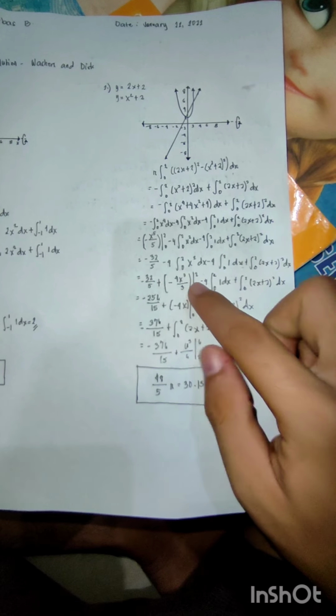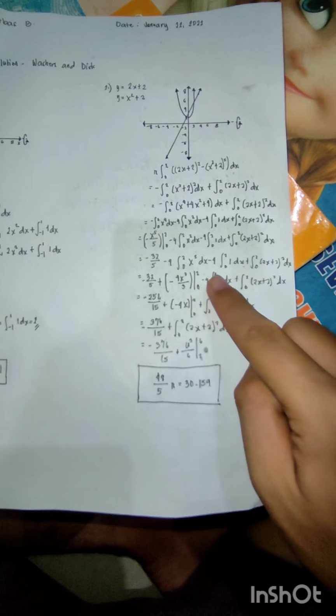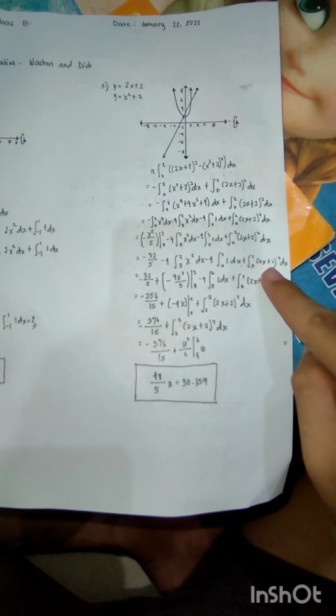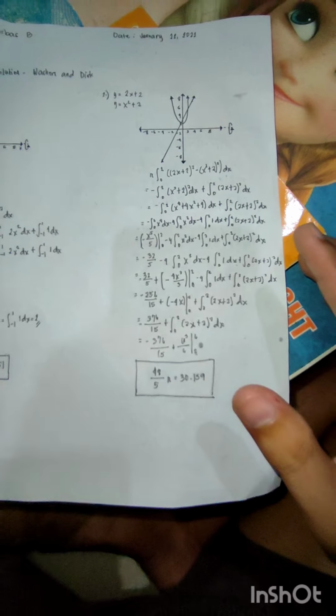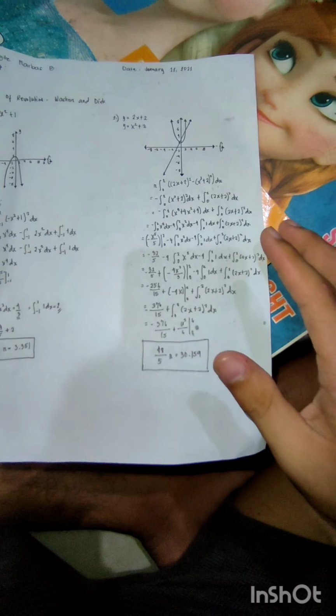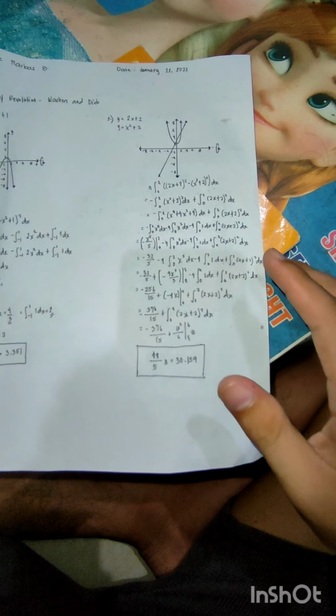And then apply the fundamental theorem of calculus. The antiderivative of 1 is x. And then we have to evaluate the antiderivative at the limits and subtract. So we have